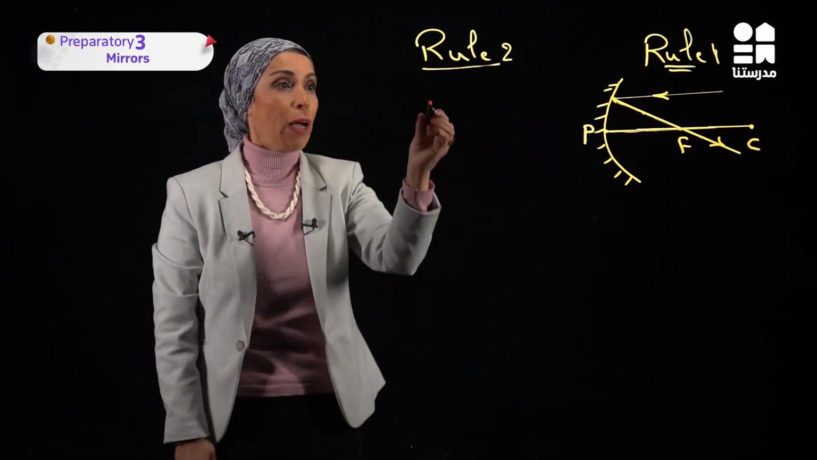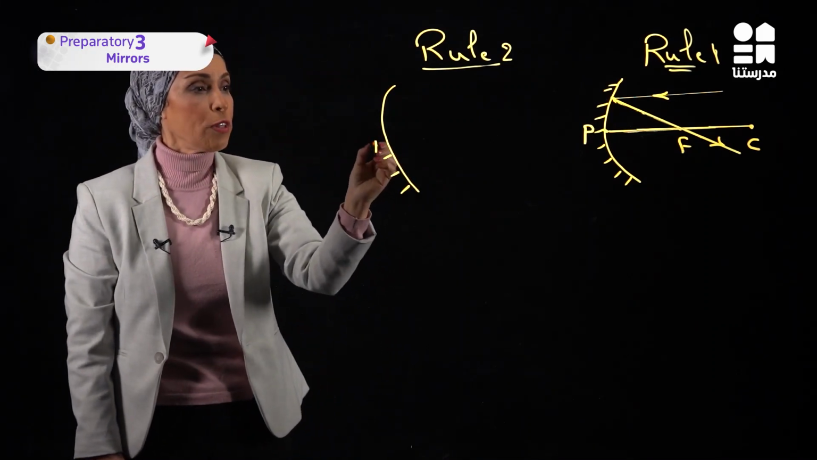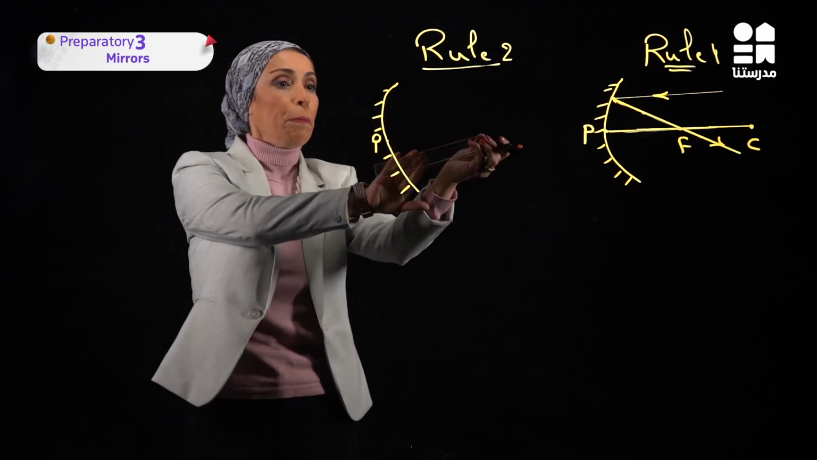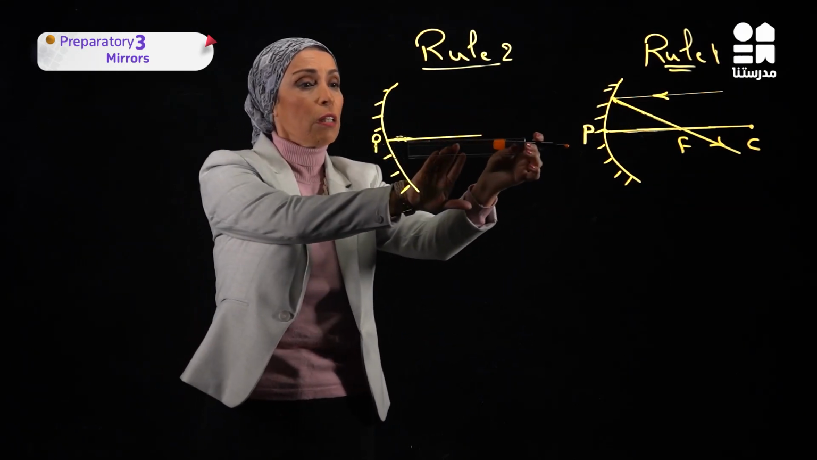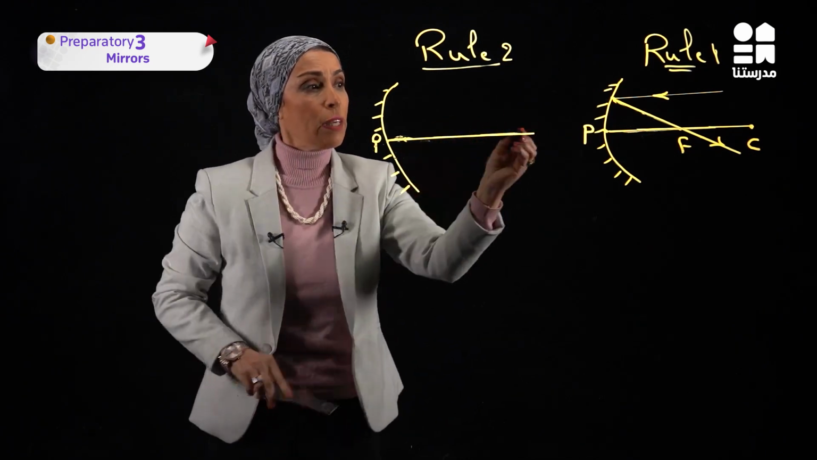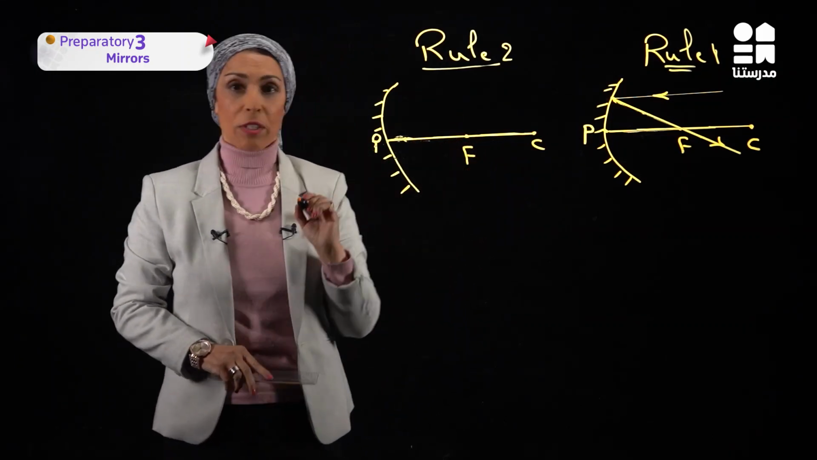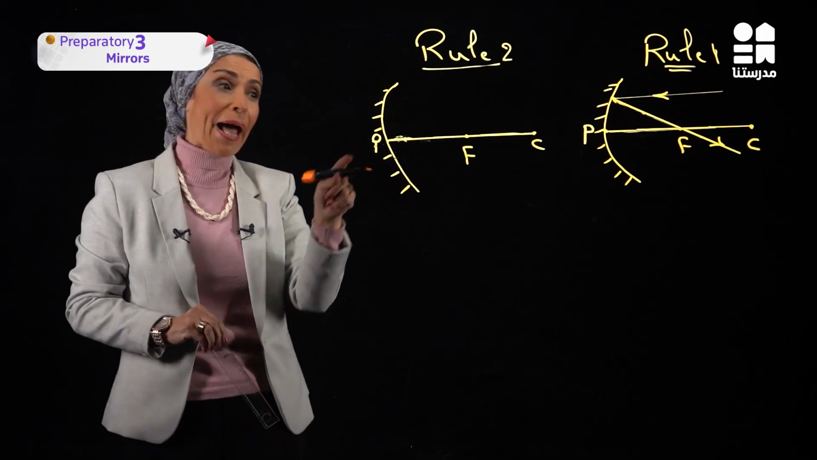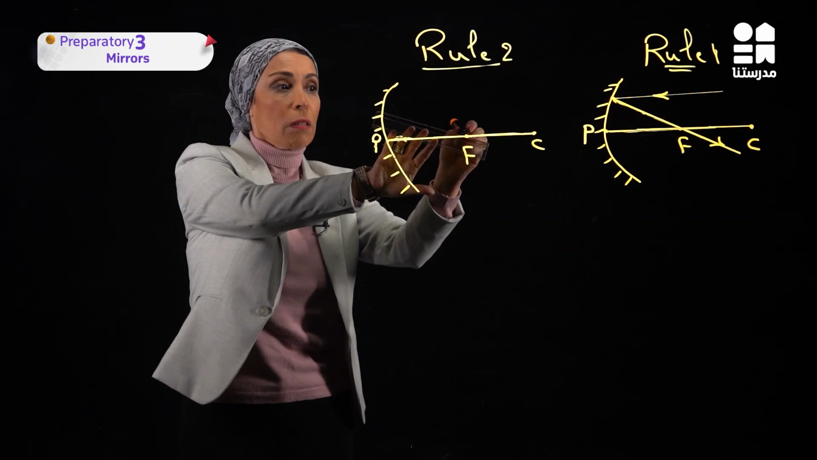Rule 2, same mirror. I'm going to prepare my mirror. Here, outer reflecting surface, and put the pole in the middle here, and start to make the principal axis from the pole, passing through the pole, reaching the center of curvature. Straight line, and you have to use a ruler and pencil. And here in the middle of the distance, put the focus. Okay? Then, what is rule number 2? If the light ray is passing by the focus, here is the light ray passing by the focus,